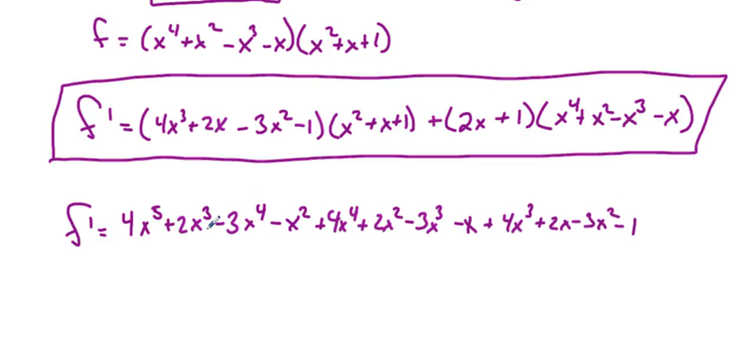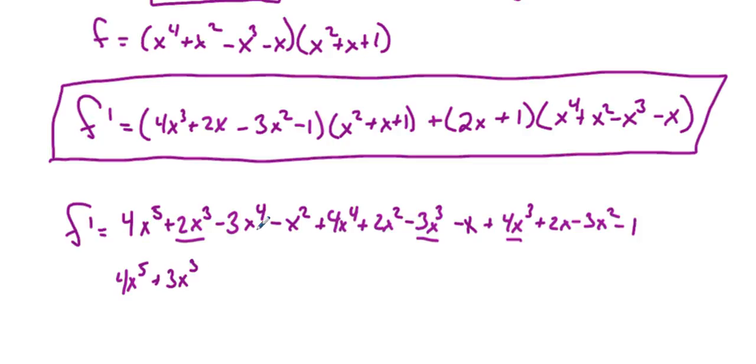All right, and that's just this side. Holy moly. All right, we didn't even get to the second part. See if I can simplify this a little bit before I go on to this next one. All right, so I'm going to have 4x fifth. We got any cubes here? Here's a cube, here's a cube, here's a cube. So we have 2x cubed, we got negative 1x cubed, and then we have that, so we plus